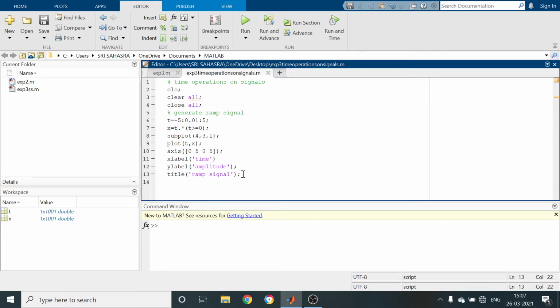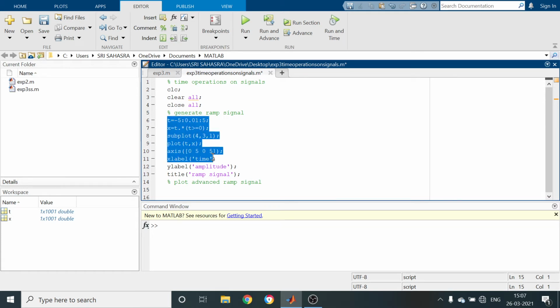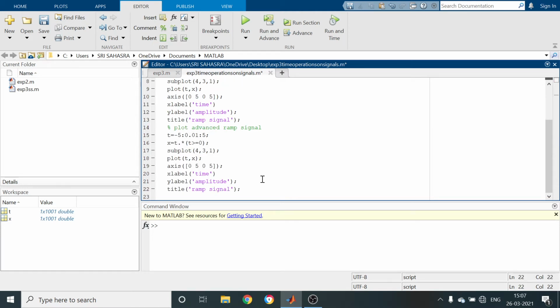Next, for this signal we have to do the time shifting operations. So here plot the advanced ramp signal. For that we are going to take the time axis as, I am just going to copy this and paste, time axis as minus 3 to 2. So minus 5 to 5 only.